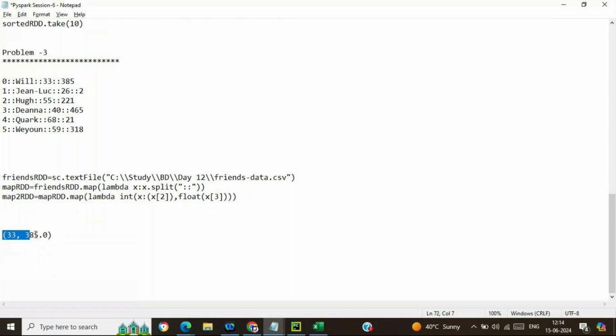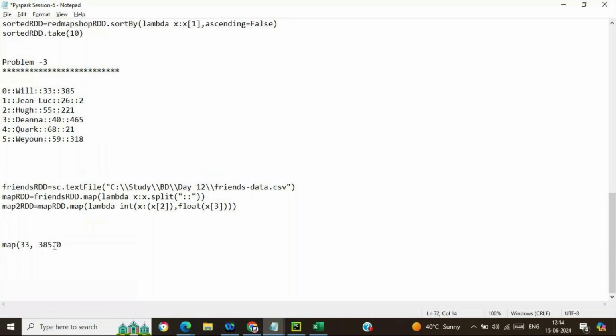So if I'm passing lambda x, then I just want to have x of 0, that is nothing but the A, comma, and with x of 1, I just want to have 1. Okay, and then it will be closed.